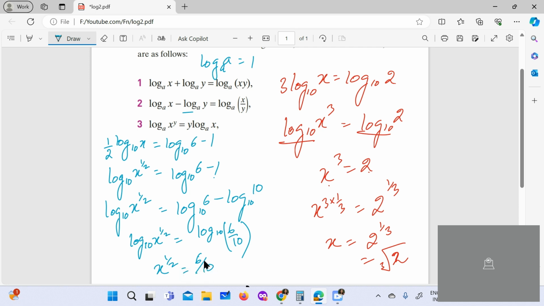Okay, now how to solve this? We are looking for the value of x. So what we can do is, to get x here, just multiply by 2 here. And because we are multiplying by 2 there, we will multiply by 2 here as well. So that 2 and 2 cancel, so you get x, which is nothing but 36 over 100, which is x is equal to 0.36, right?